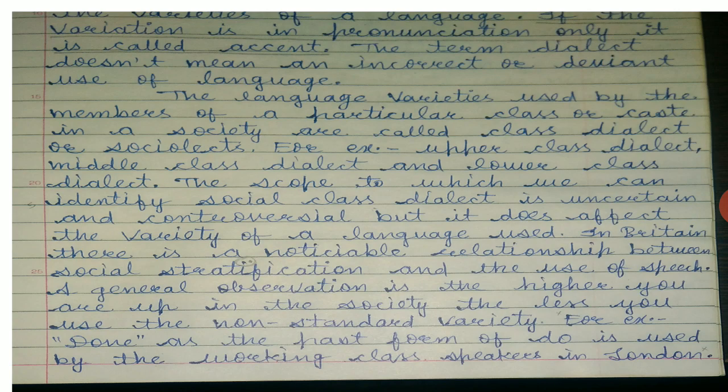Sometimes even people living in the same area use language differently because of their particular group. Simply we can say because of their class, because of their caste. Every caste has its own special way of using a language. For example, even in British English, there may be upper class dialect, middle class dialect, lower class dialect, etc.